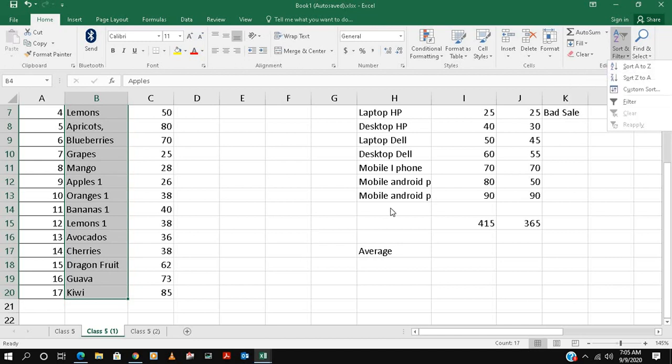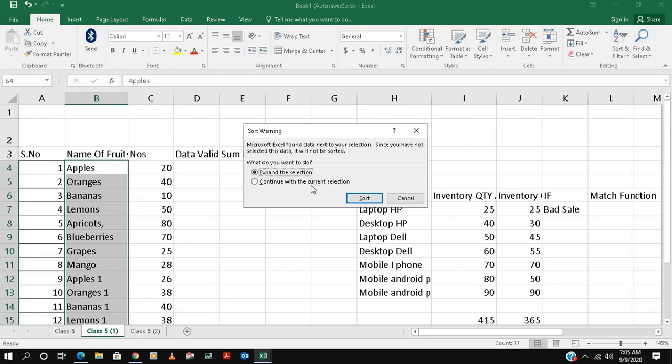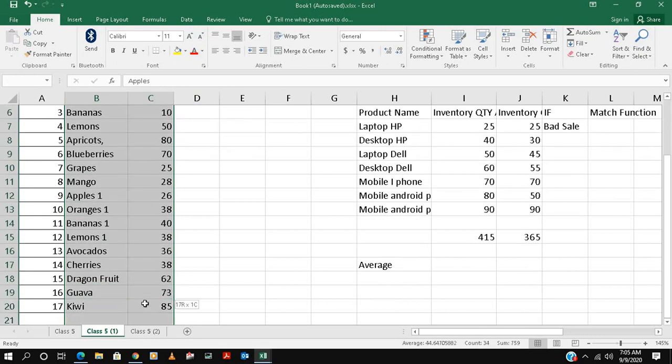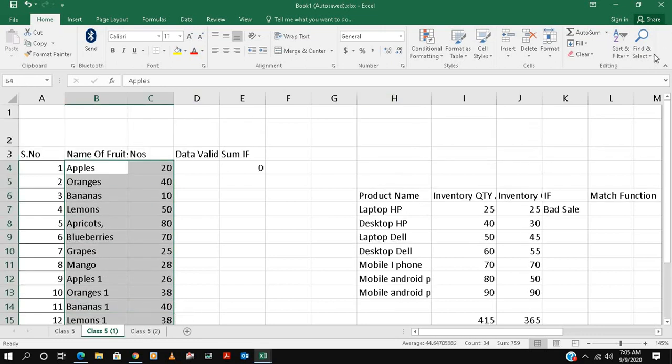But if I do A to Z, what will happen? It is asking me something: extend the selection or continue with the current selection. If I do that, what happens? The values will be mismatched. So what we can do right now is select both columns, so that the values are matched, and then go there and sort.